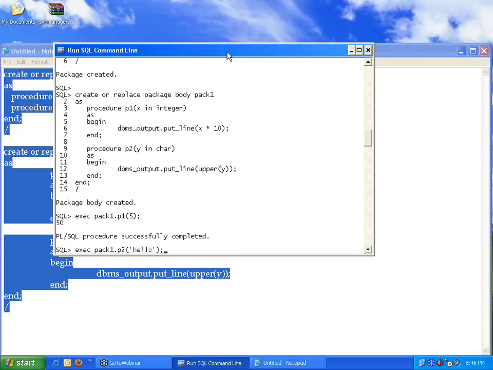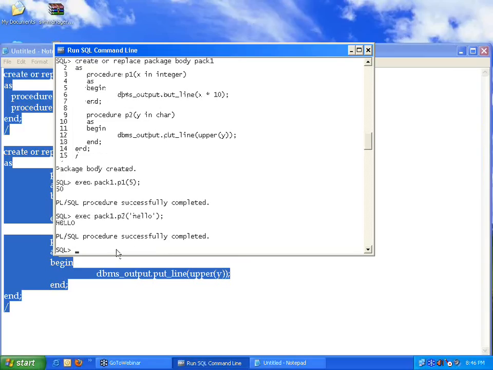Now it is going to convert that into uppercase, and then it is printing hello in capital letters. So a package is nothing but a set of procedures contained within it. This is the same extension, and you are calling a procedure using the package name also. This is one of the forerunners of object-oriented programming. Though it is not strictly object-oriented programming, if you take Java, you will say